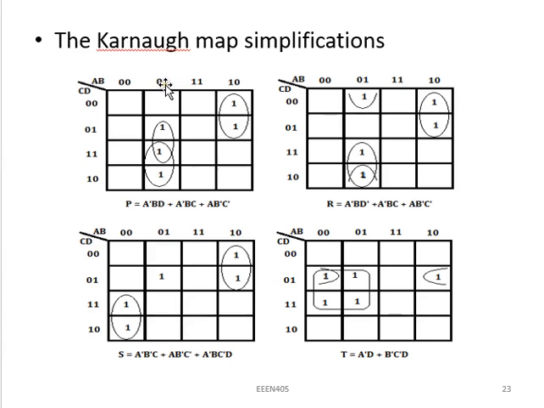This is where AB is 0, 1. This is where CD is 0, 1. Then I put 1 in the intersecting square. I put the second one, the third one, the fourth, all of them. Now after doing that, I can say these two are adjacent squares, these two are adjacent, then I can combine